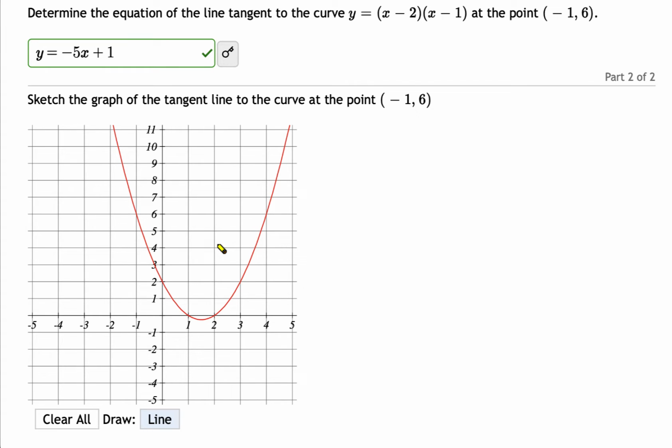What I would do, since I already know that (-1, 6) is a point on the line, and you can go about this any way you want, but I personally would just go to this point, (-1, 6), which is right here. And now I'm going to sketch a line, and let's do a little segment that has